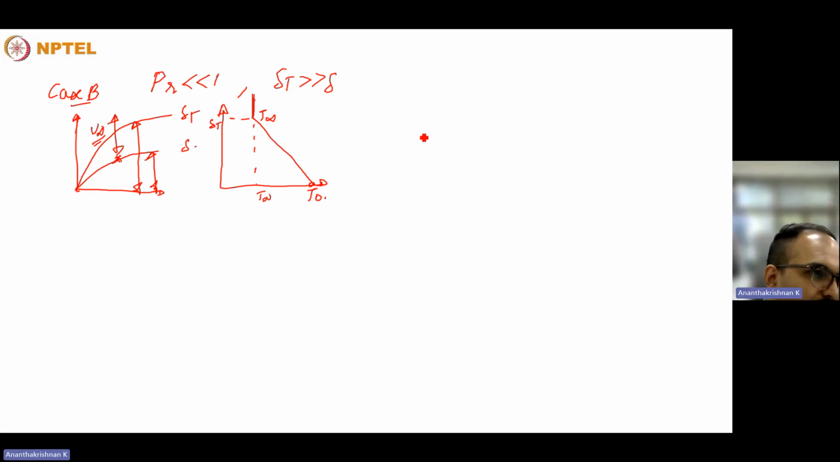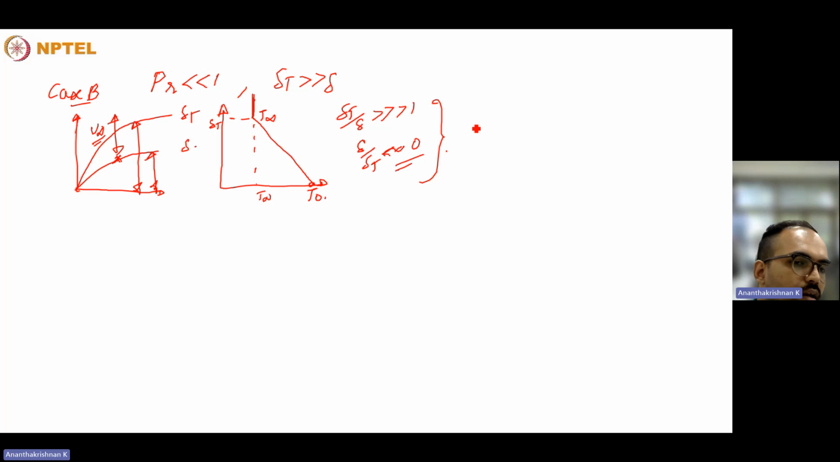So when the Prandtl number is very much less than 1, we could assume that delta T divided by delta is very much greater than 1, or delta by delta T is approximately equal to 0. So that is the most extreme case. In that case, we can get rid of the linear scaling of the velocity. So we can assume u is equal to u infinity. That can simplify the problem significantly. And the second part, the temperature profile, can be scaled just like the previous case. So the energy equation